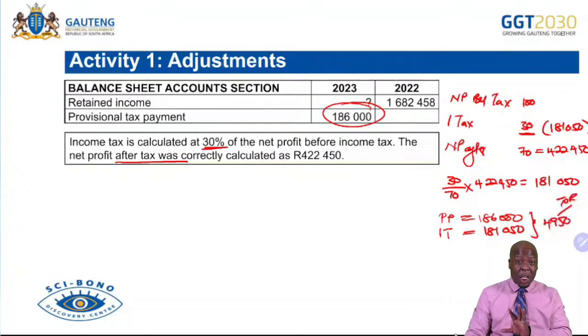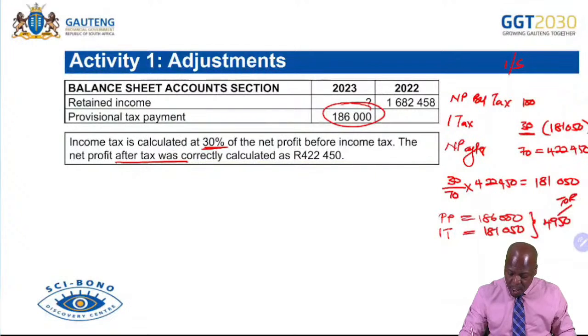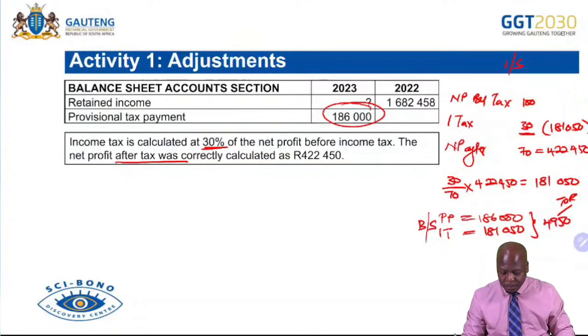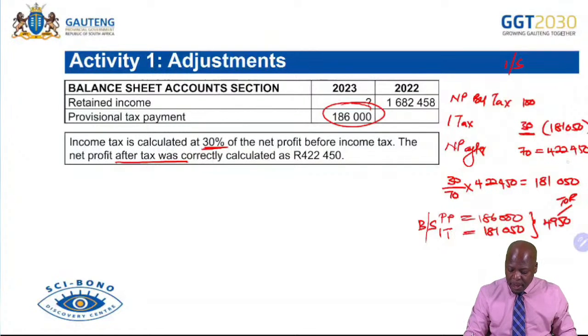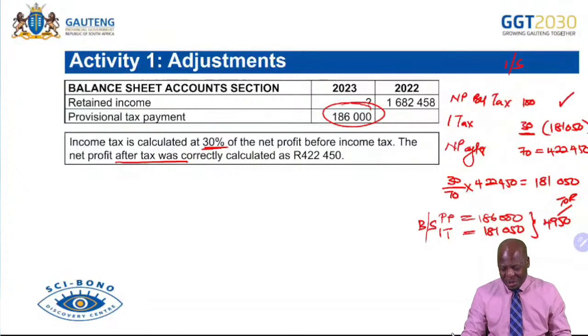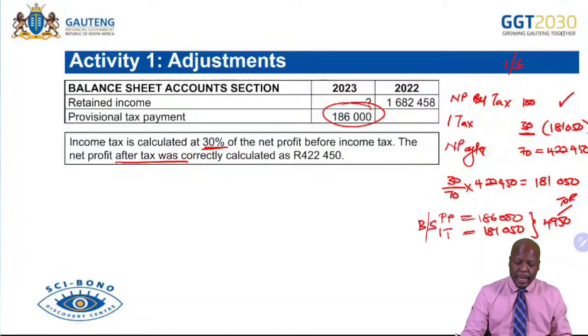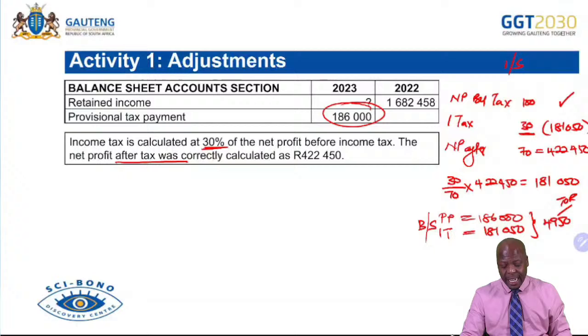I'm still on this one adjustment. So it was going to affect our income statement. It was going to affect our balance sheet. There you go. All right. And remember this income statement, we can therefore get our net profit after tax. You now know how to do this. You would simply do it going up. In other words, you're saying 422 plus the 181,050, reversing the signs or doing the opposite, and then you get your net profit before tax for the